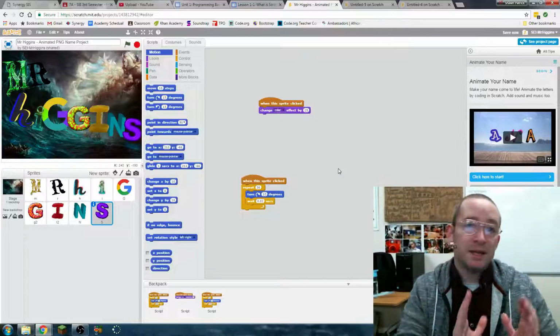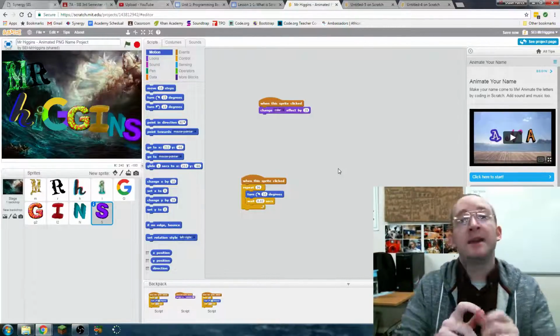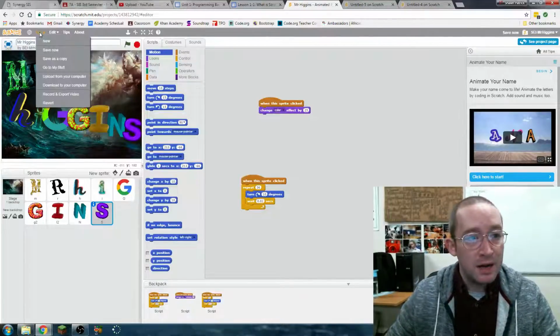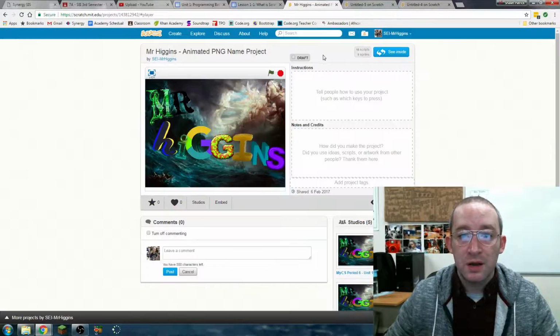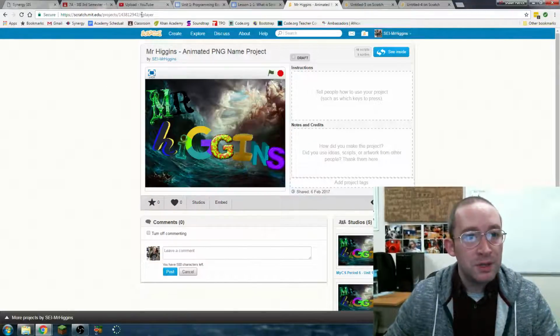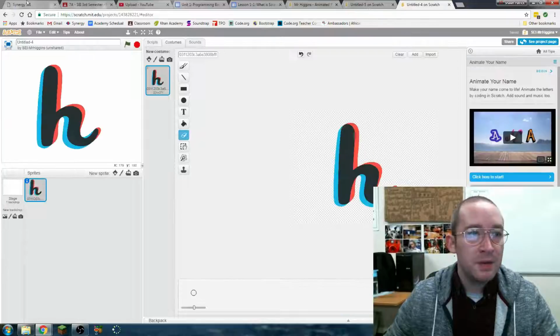So this project is basically you bring in all your letters, make sure they're sized properly, and then you add your code. You add your background, you save it, and then when you're ready to do, you'll do a save now, and make sure it's saved. And then you're on the top right, you're going to have a share project. So when you click share, that's going to make sure it's going to produce the project. And then what you can do once you have that project here is you copy that text. And when we come into our